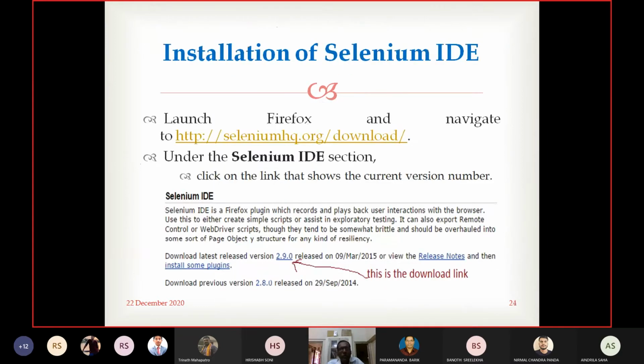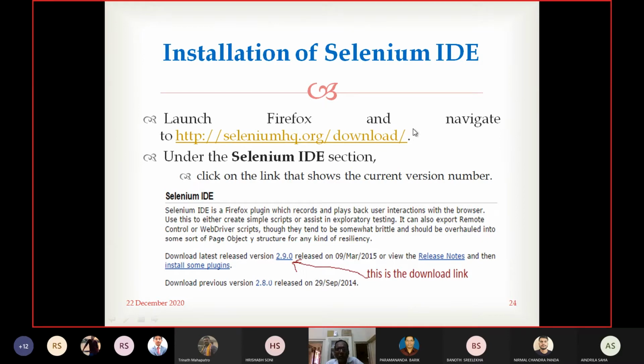This is the procedure for installation of Selenium IDE. I will immediately upload it to the website. No need to explain. You are all experts in this. You are better experts than me in the implementation. So I am leaving this thing. I will download it and put it immediately in our Microsoft Teams.